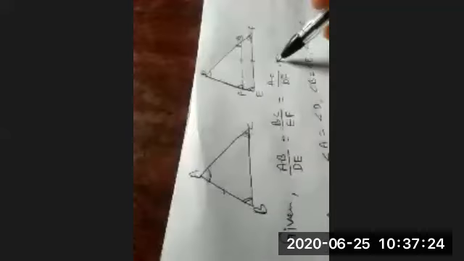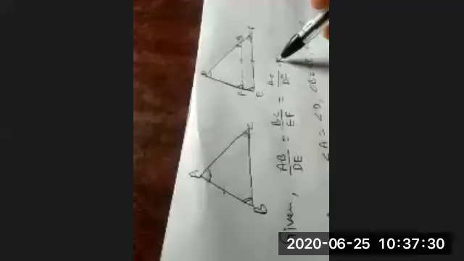So we have to do the same process as we have applied in theorem number 1, 2, and 3. So what we have to do is keep the smaller one, a smaller triangle. Since AB is considered as the smaller triangle, the smaller side divided by the larger side will give us a value less than 1. Yes or no? Yes, sir. So you can write here less than 1. So all the values will be equal and less than 1.